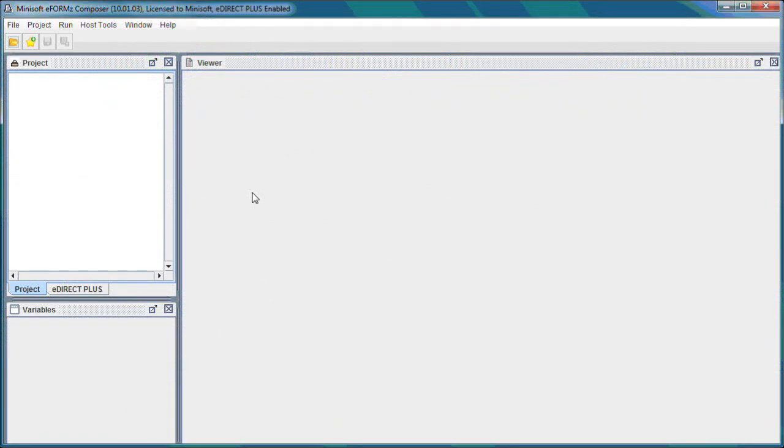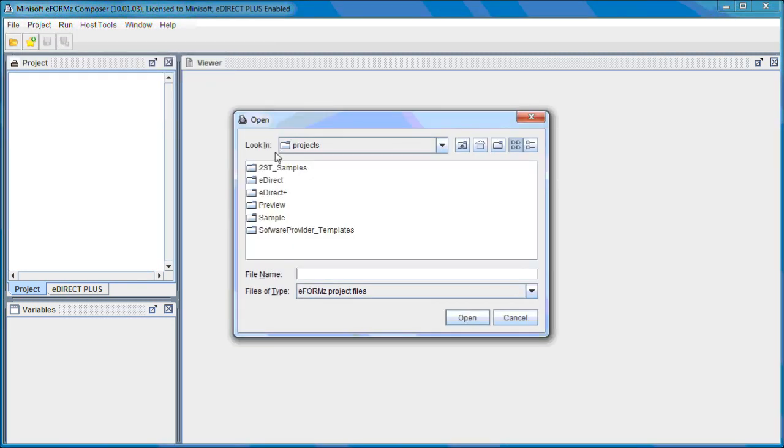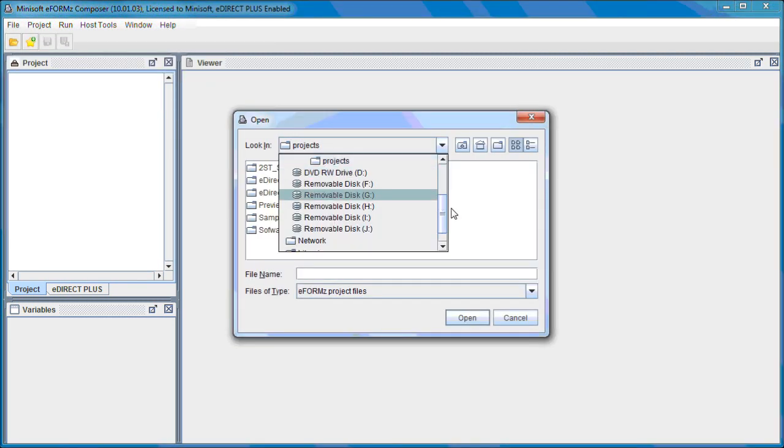The image that is currently on your screen here is the eFORMz composer. As you can see, it consists of multiple window panes. We're going to need to open our sample packing slip project in the eFORMz composer to get started, and to do that we can navigate to the main menu and select File, Open Project, and in the default installation of